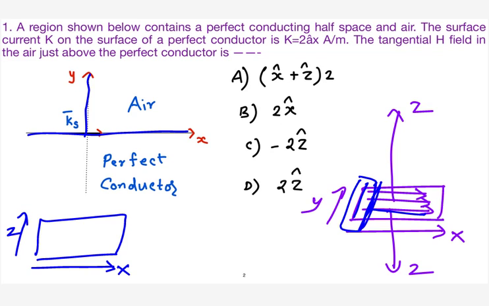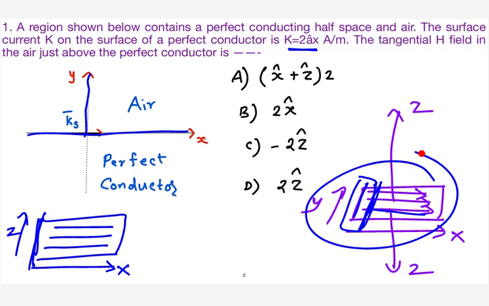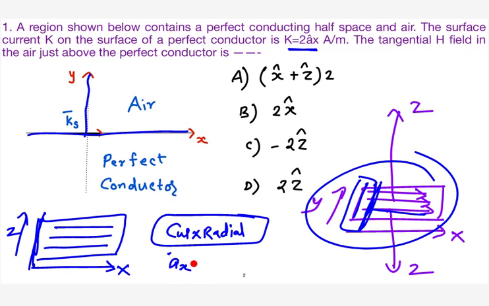And as per the equation, the current is flowing in the x direction. So the magnetic field has to be there in the z direction. Same logic. Or otherwise, if you get confused, you stick to the basics. The magnetic field direction will be current into radial. This is always helpful in solving for the magnetic field. So current is flowing in the x direction and the radial direction will be along the y direction. So this will give the perfect answer. I hope this point is clear. Next, we will go to the next question.